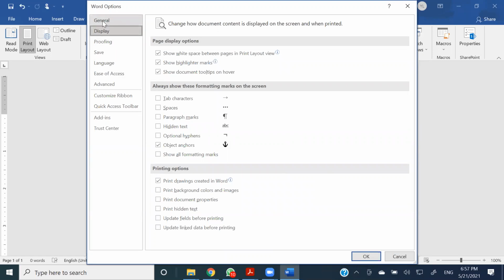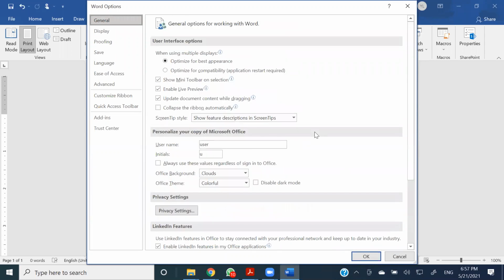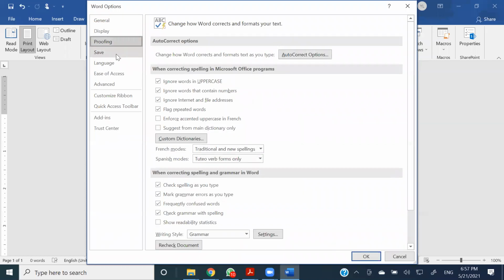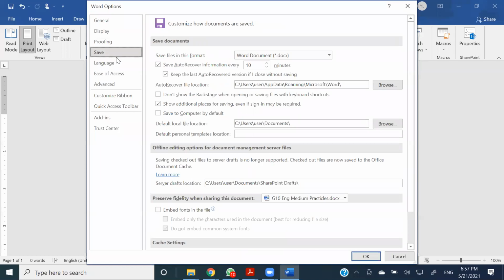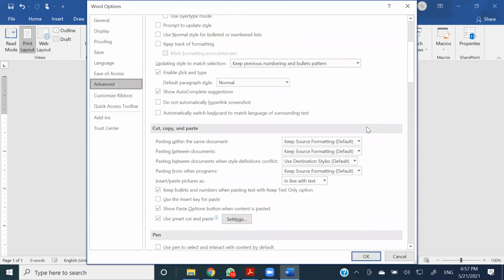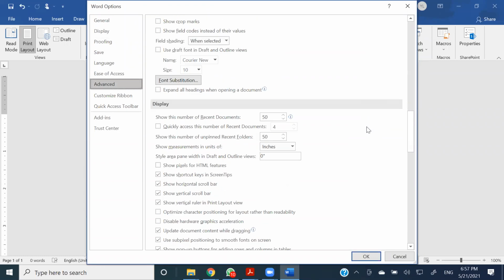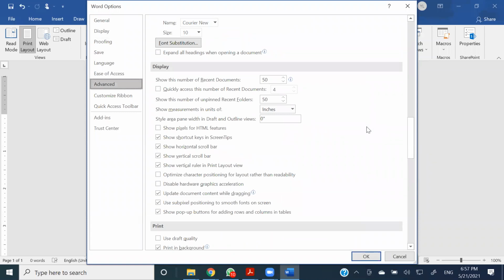Is it? No, let me see. It's on the, can you see anywhere? Can give the inches, not there. Proofing, not in Proofing, Save. I think it's in Advanced. Copy and paste, pen, chart, display. Yeah, see,